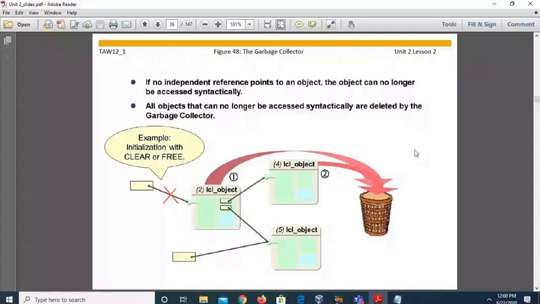If no independent reference points to an object, the object can no longer be accessed syntactically. All objects that can no longer be accessed syntactically are deleted by the garbage collector. The SAP system automatically deletes all the unreferenced variables to the garbage, or you can also do it with the CLEAR or FREE statement.